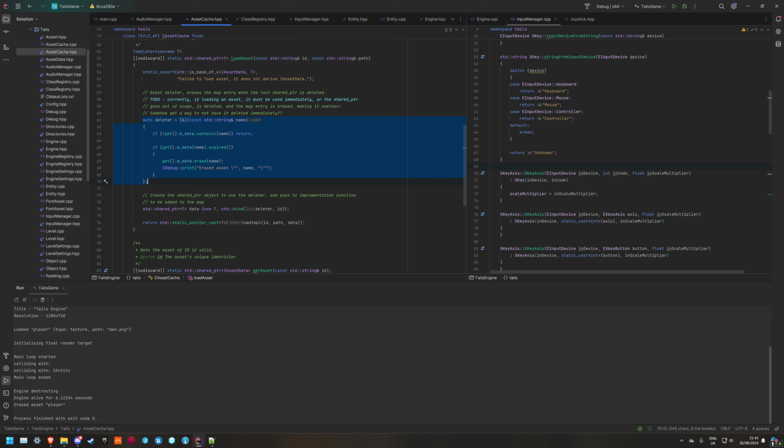So that means that if you're loading an asset in, you have to make sure that you save the returned asset into a shared pointer somewhere, and that wherever you're loading it now owns it, because this cache doesn't own the assets,